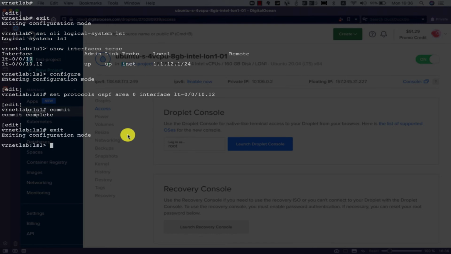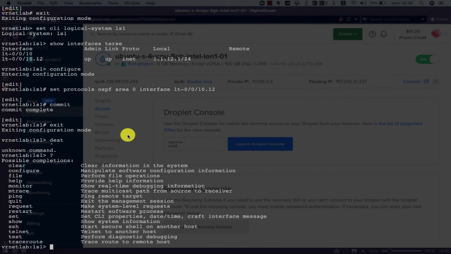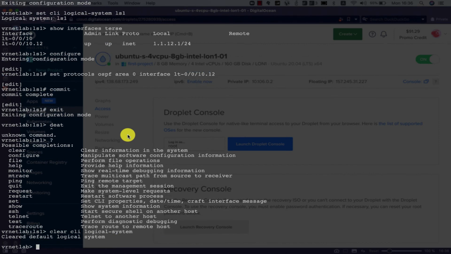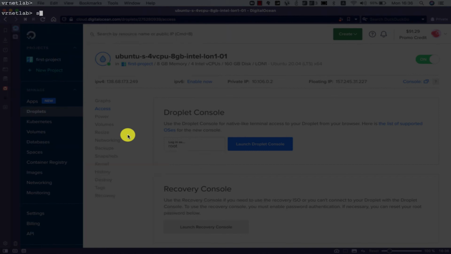Now the way you go out of the logical system is like on hardware, where you exit and then log back into the router, but there is an easy way, I guess. So we can use clear cli logical-system, if I remember correctly. So clear cli logical-system, yeah. So now you are in the main table again. So we'll do the same thing for ls2,